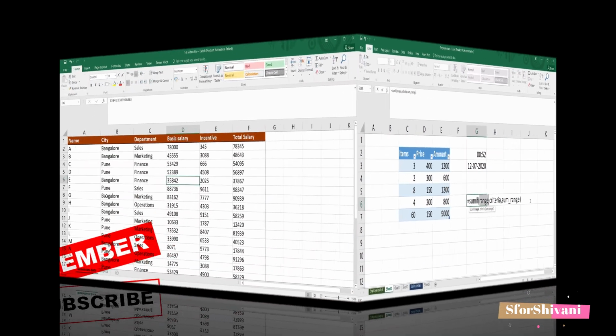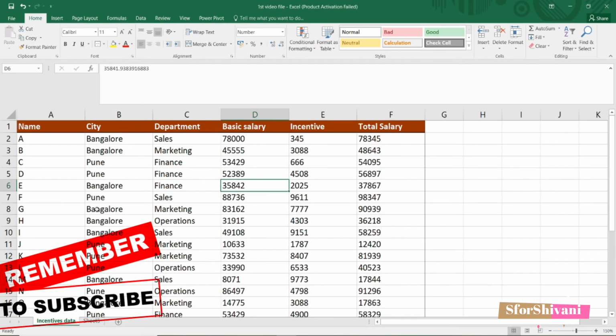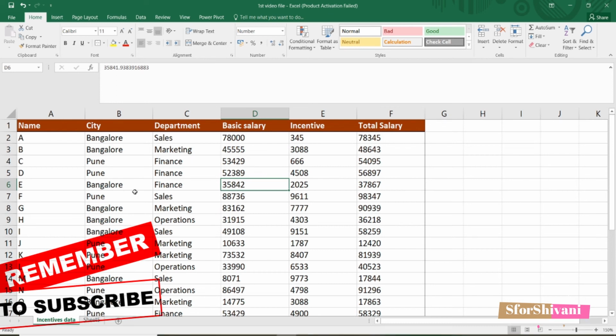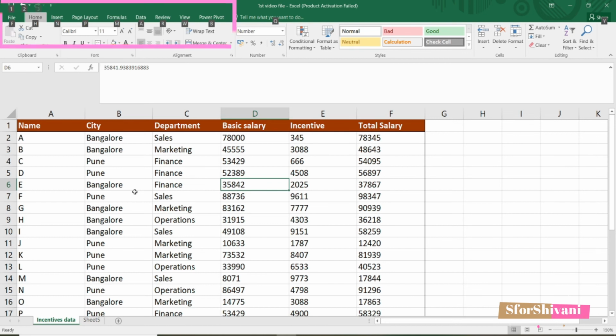Now, if you feel that learning all these shortcuts is just too much work and you cannot remember anything, then you can follow this particular trick. On your keyboard, you have the Alt key. Press that. On pressing the Alt key, as you can see, all these alphabets have popped up on your screen. Basically, H denotes home, N denotes insert, P for page layout, M for formulas, A for data, and so on.